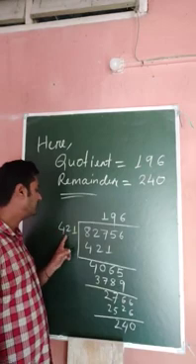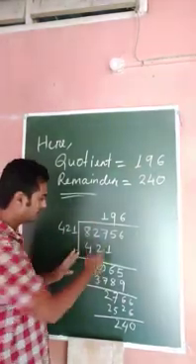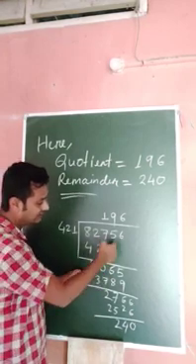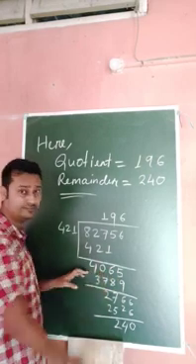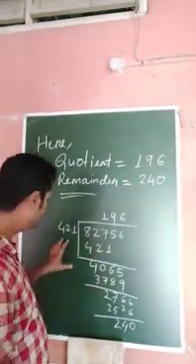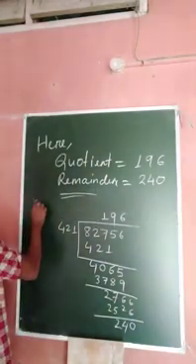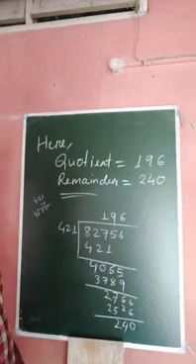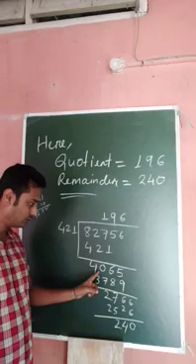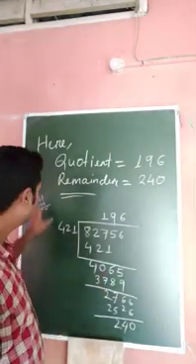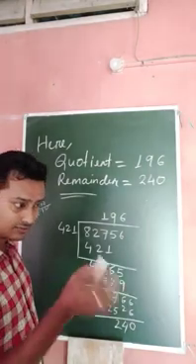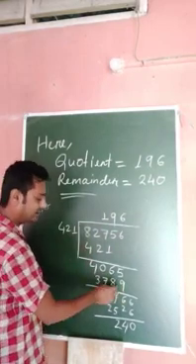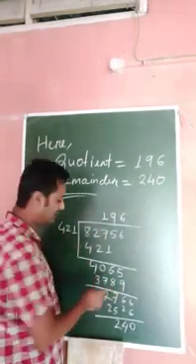Whenever you multiply 421 into 1, it becomes 421. Now 7 minus 1 becomes 6, 2 minus 2 becomes 0, 8 minus 4 becomes 4: 406. Then this 5 comes to this position, that means 4065. Now we have to divide 4065 by 421. Already we discussed that whenever you multiply 421 by 10, it becomes 4210, which is just above 4065. That means you cannot multiply 421 by 10, so take the number smaller than 10, that is 9. You multiply 421 into 9: 9 ones are 9, 9 twos are 18, 8 and 1 carry on, 9 fours are 36 plus 1, 37.